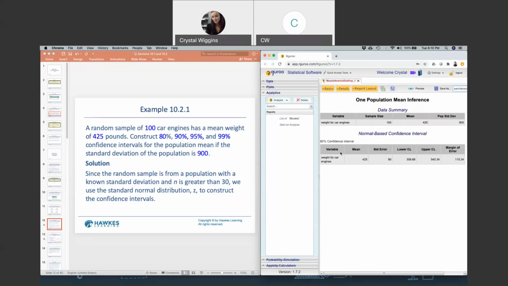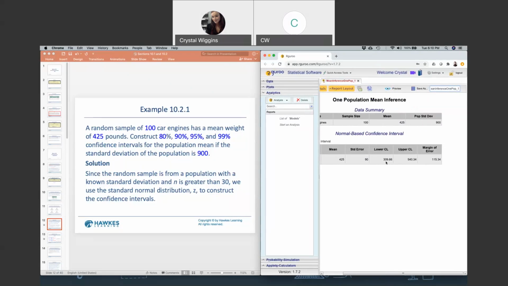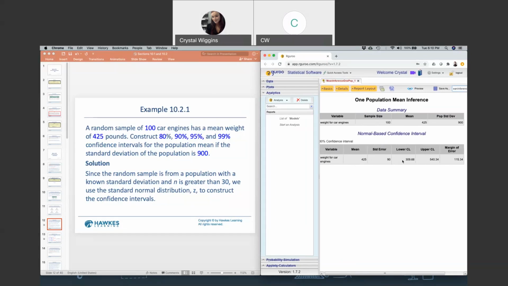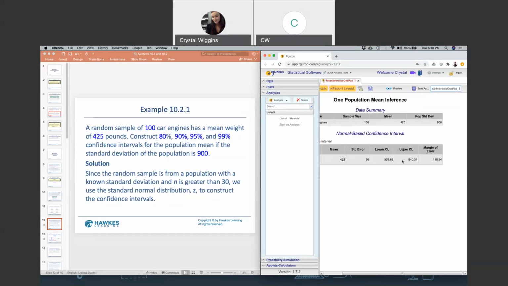Here I can see for an 80% confidence interval, it's going to go between 309.66 and 540.34. So we are 80% confident that the population mean for the weight of car engines falls within 309.66 pounds and